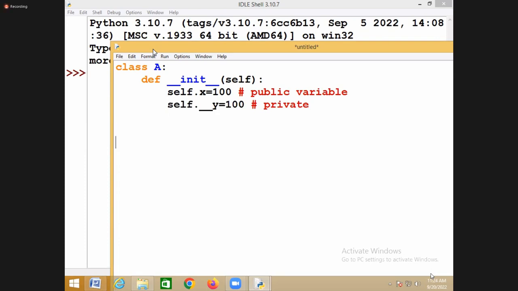Two object level variables. One is public and one more is private. So X is a public variable and Y is a private variable. But privates are not